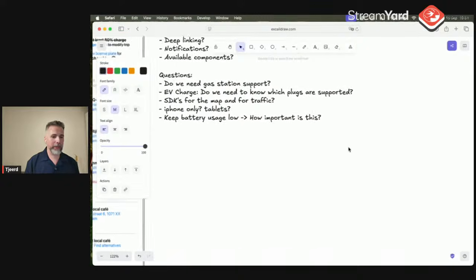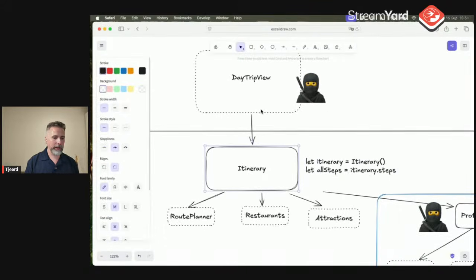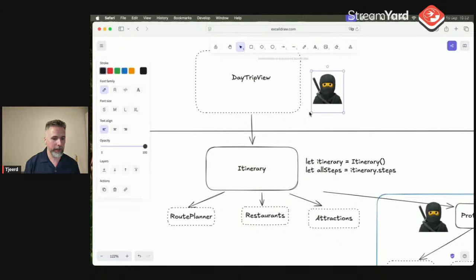But by building this application, the step between day trip view and the itinerary will still be just a list, right? The day trip view may say, just give me the steps. And the itinerary is like, okay, here they are, not knowing, for day trip, that actually a lot happened, right? It called all these backends, all these network calls, etc., to figure this out.